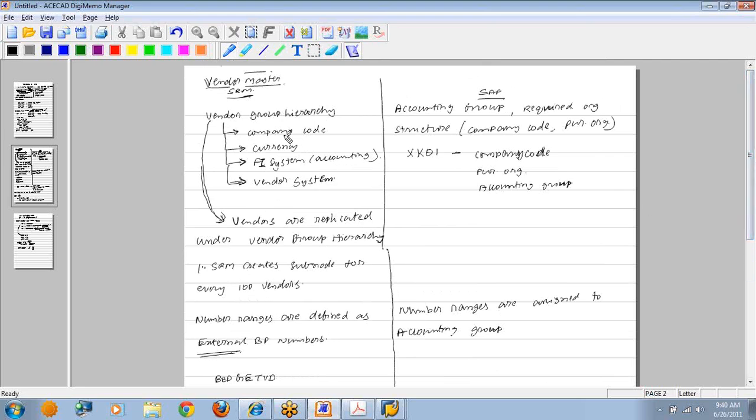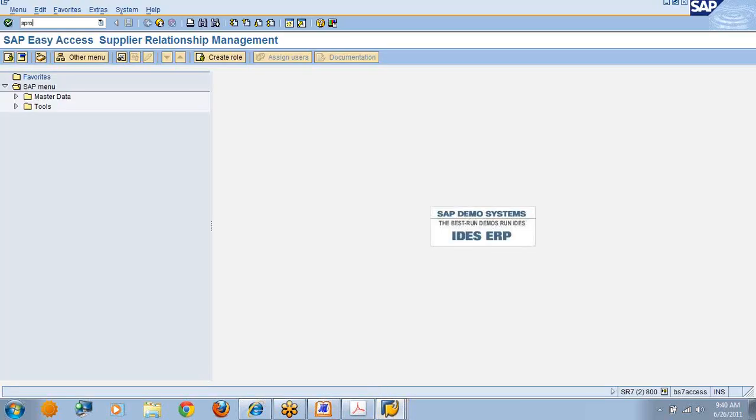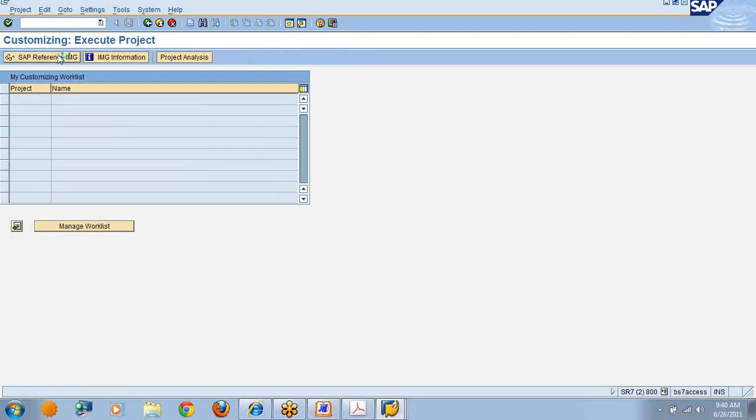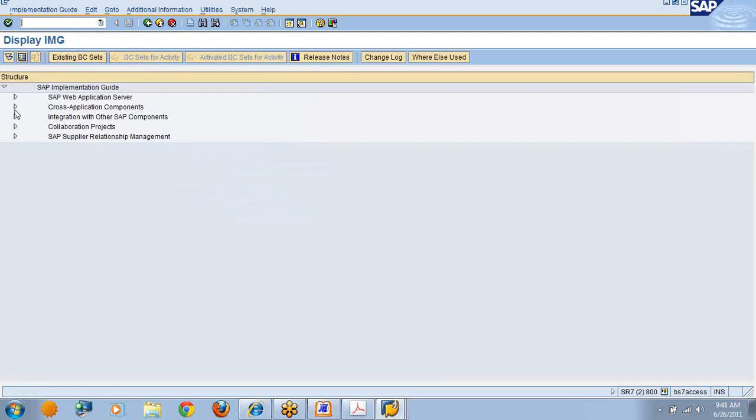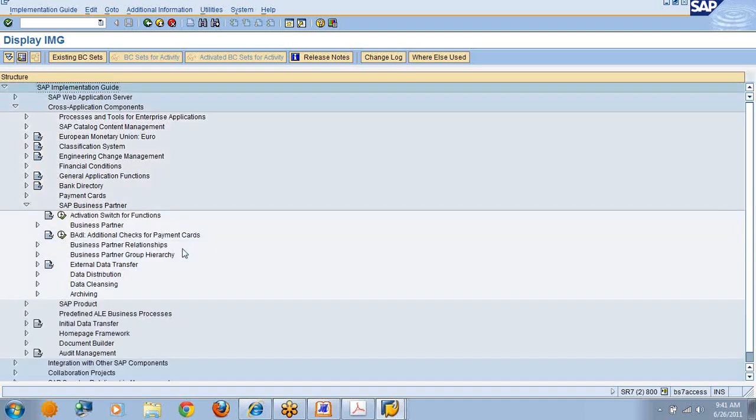Here I will go to vendor group hierarchy. Before that, I will look for the number ranges. I will check the number ranges, where we can assign the SAP SRM number ranges. I will get into SPRO, SAP Reference IMG, cross application components. This is not under SAP Supplier Relationship Management. This is under cross application components. Go to SAP Business Partner,